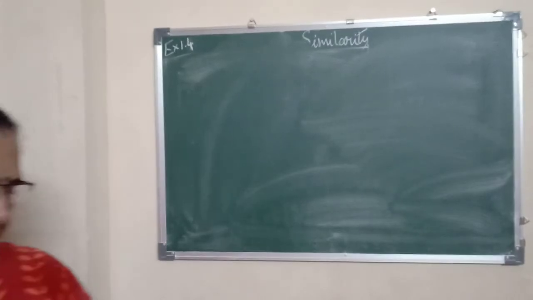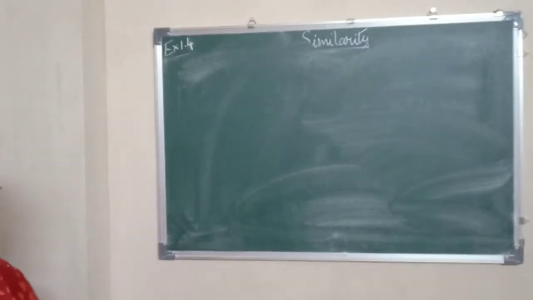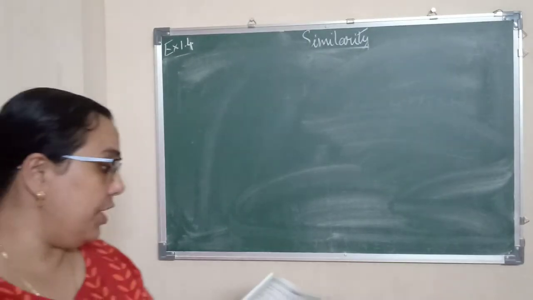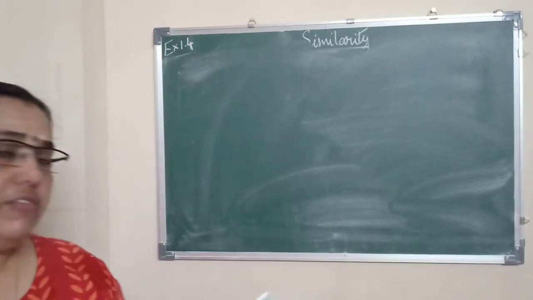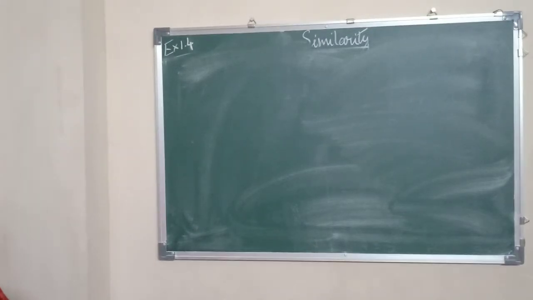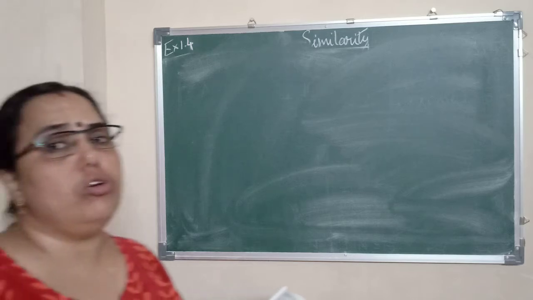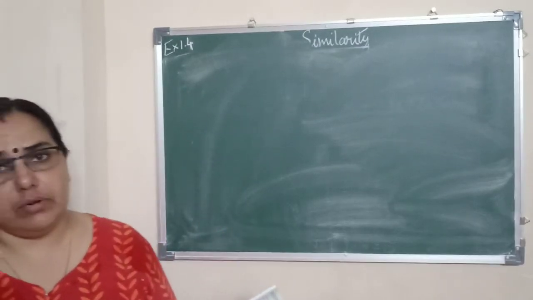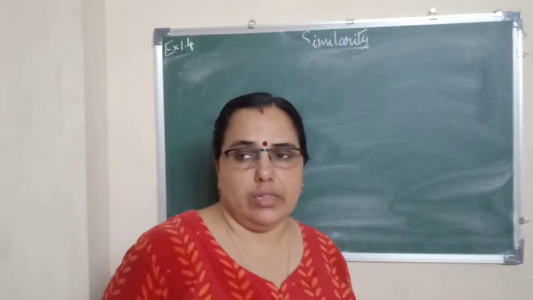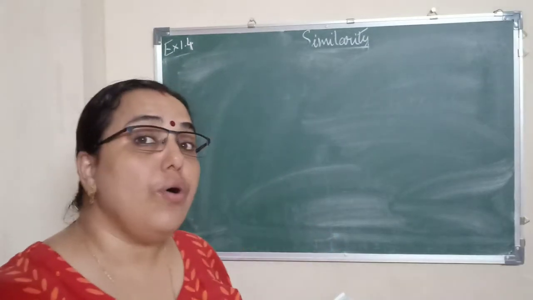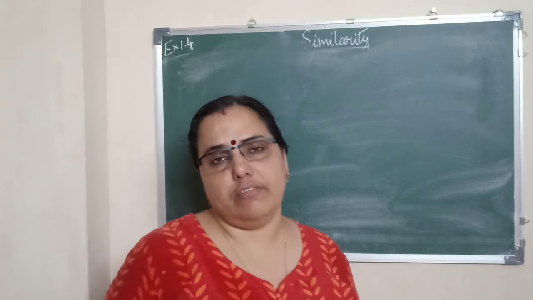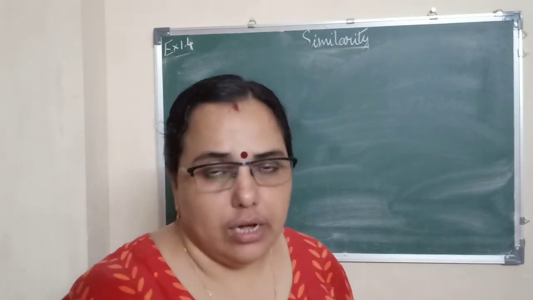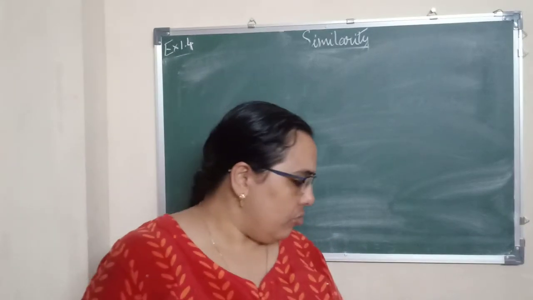Shall we start with the sixth one? First and foremost, the hidden hint is here. ABC and DEF are both equilateral triangles. Keep in mind, when both triangles are of the same type, equilateral, they are always similar. Keep this in mind.